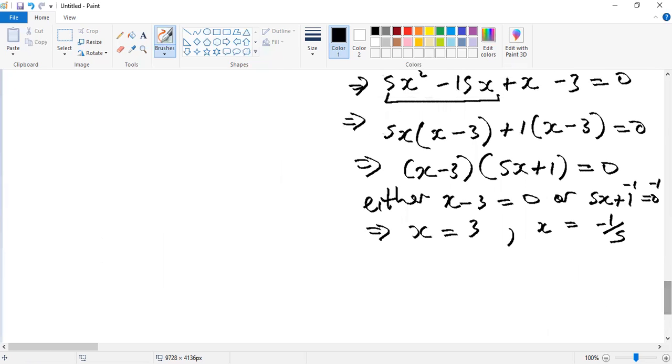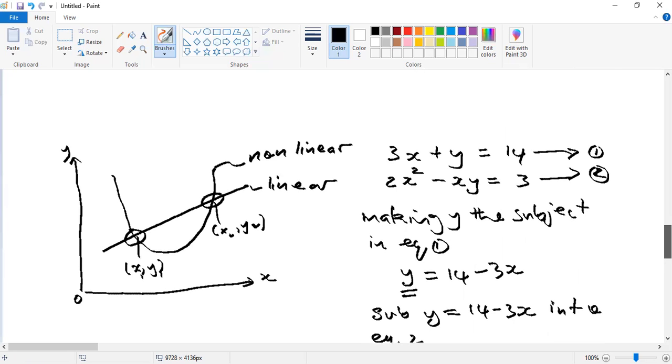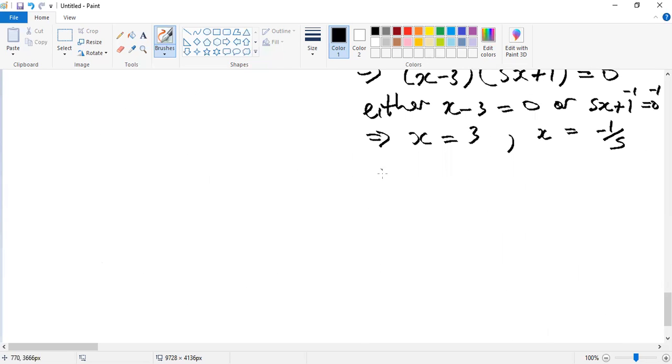So let us write back equation 1 down at the bottom. It's 3x plus y equal 14. So that's equation 1. So we say, okay, substitute x, or better yet, I prefer to say it this way. You're going to substitute. A nice way to say it is when x equal 3,